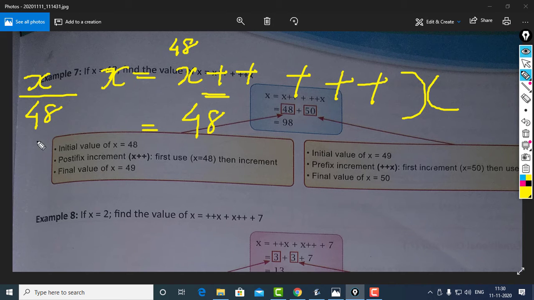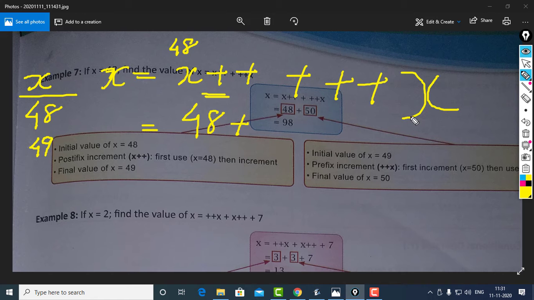Change means from 48, because of the increment operator, it will increment to 49. So now the value of x is 49. Then coming to this operation, ++x, we know that the operator is before the operand, so it is prefix notation. For prefix notation, the change then use rule will be followed.